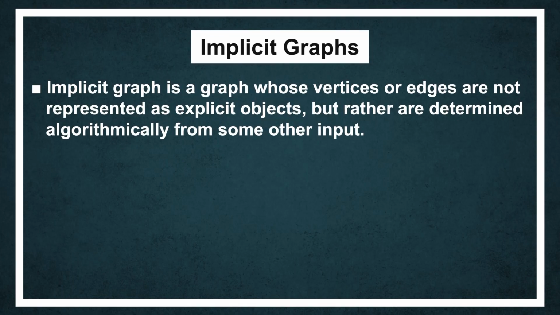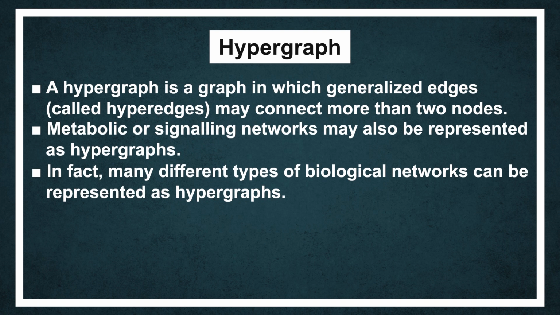Another type of graph is known as an implicit graph. These are graphs that are not explicitly constructed and stored for any analysis, owing to their prohibitive size. Rather, they can be studied and algorithms can be run on them, based on a definition of how nodes are connected to one another. A simple example of an implicit graph would be a hypercube graph. A hypercube graph in d dimensions has 2^d nodes, with two nodes connected to one another